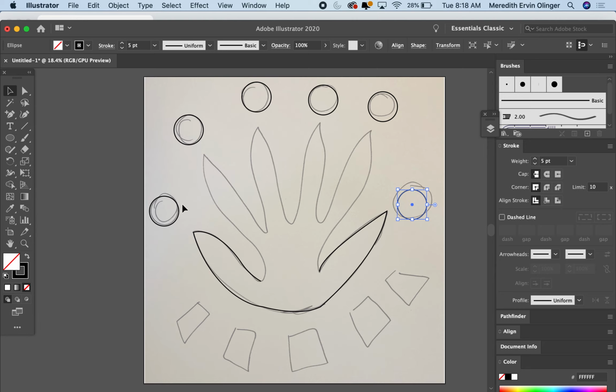All right, so I'm going to click off of it. Now you'll notice too that my line's pretty thick. That's because I changed the stroke size to 5 points up at the top. Okay, so you can adjust that. Now the only thing that's selected is that one circle, which is totally fine. But let's say I want to